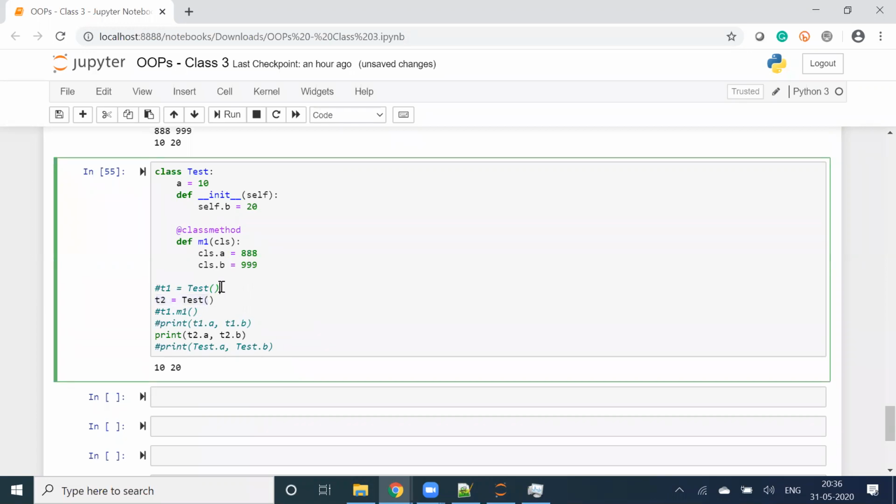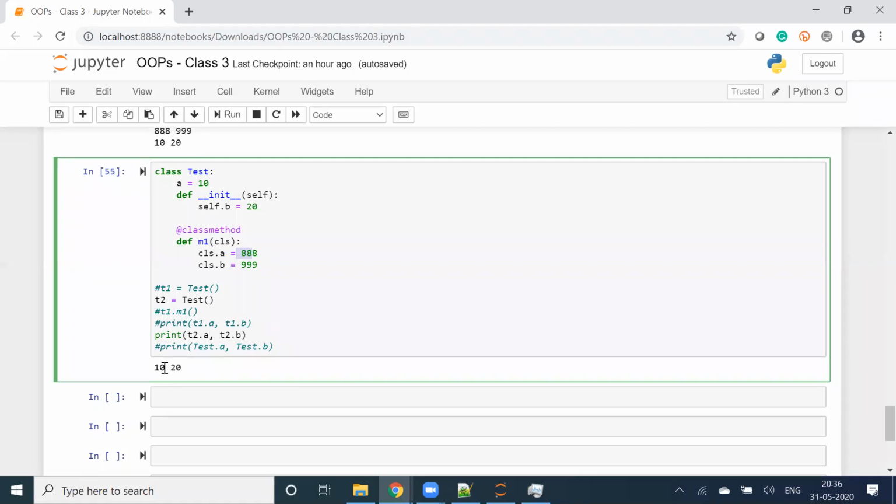So I hard coded, I commented out. Now I am only calling class T2, so now it will give me the original value. Because we are running T1.m1 prior to class T2, this line comes later on, right? That is why it is updating the value of a and giving me the output as 888. Making sense, all of you?